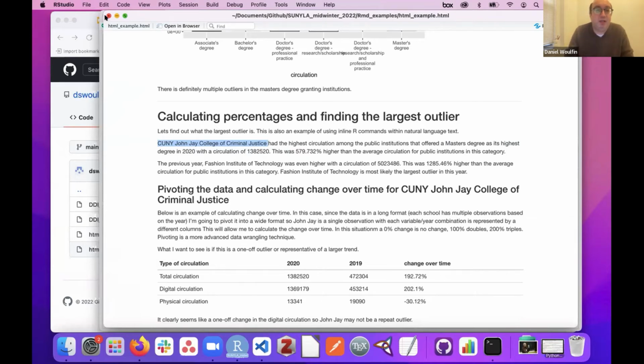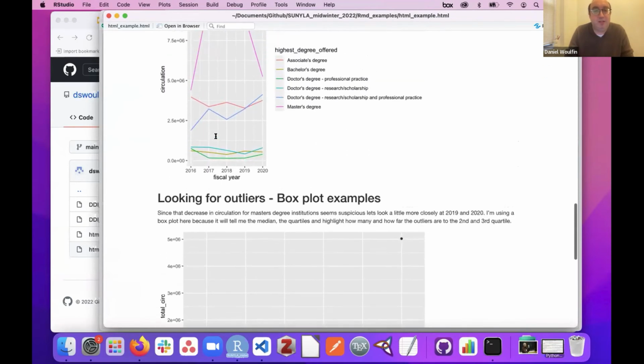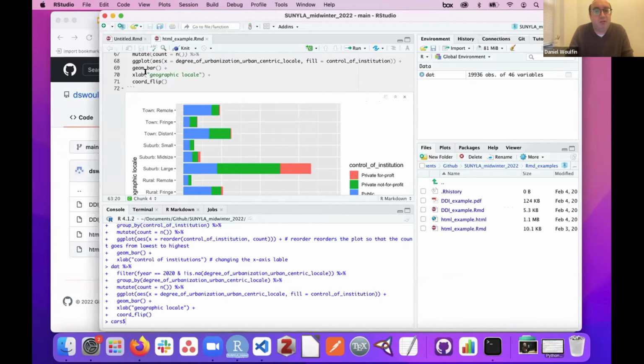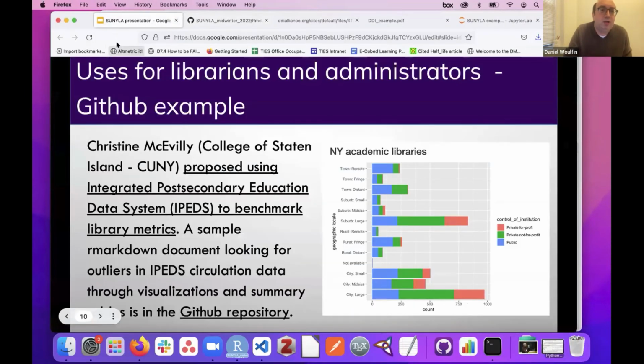Basically, this could be generated just by changing the data. If I was looking at another year, if I wanted to do averages, you can do all of that. And it makes it very easy to create static documents that could be used for assessment, could be used for return on investment,